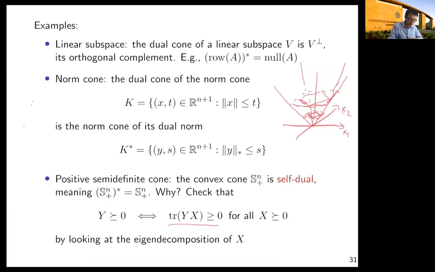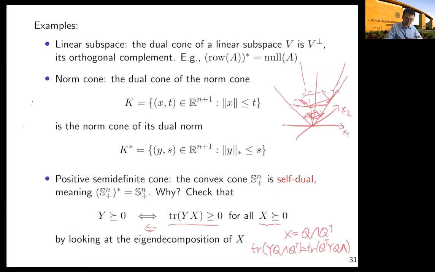If we want to see this direction, we simply take the eigen decomposition of x, decomposing x to be q lambda q transpose, and then using the property of the trace, we have trace of y q lambda q transpose is equal to trace of q transpose y q lambda. Without loss of generality, since x can be anything, we can take x such that lambda is equal to 1,